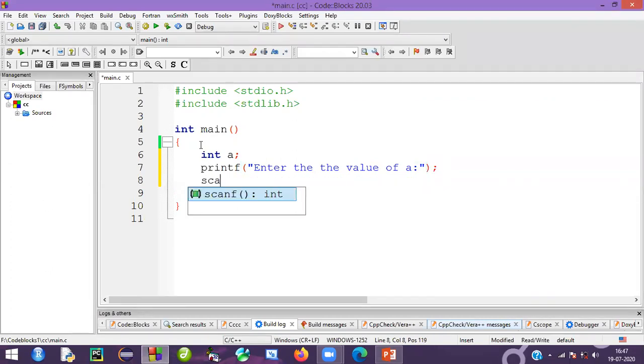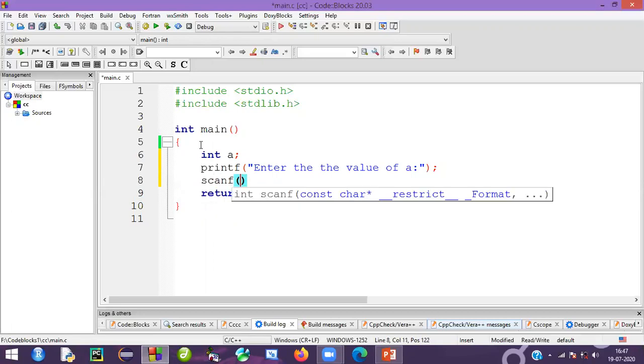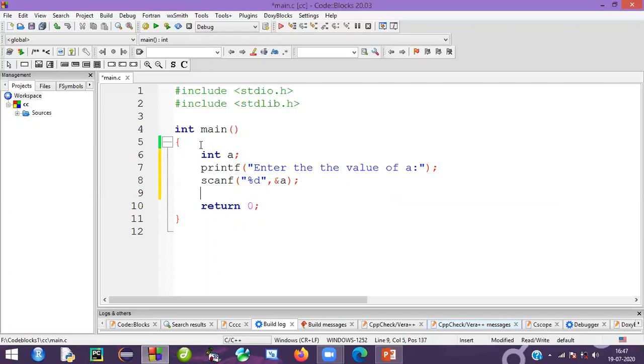Again scanf, because I want to take the input. Double quotes for the format specifier, this is %d because it is an integer. Again comma, then ampersand, the address of a, as per the variable you mentioned while declaring. So this is what you have to do first.